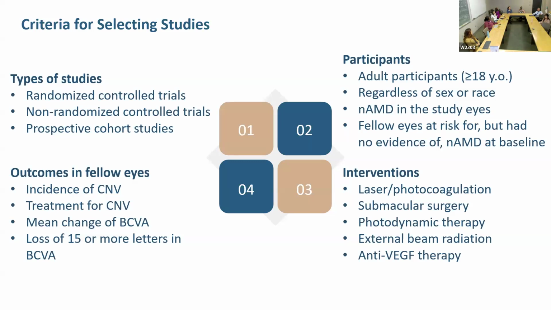So these data are probably not going to be in your papers, and you're not going to be able to include them. But there are scoring systems where you can estimate the 5-year risk of neovascular AMD or late stage AMD, either neovascular or geographic atrophy, based upon the appearance of the intermediate stage AMD. So they're all at risk. It's just the question of what the magnitude of the risk is.